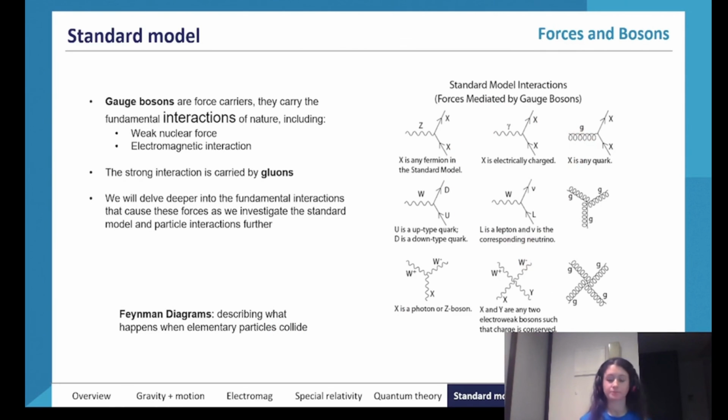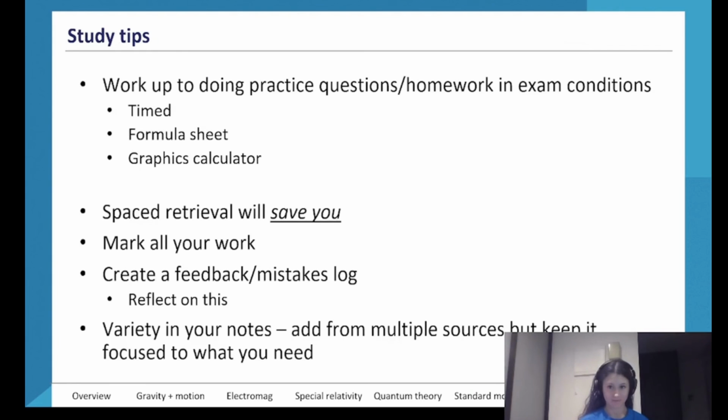Okay, that is it for our content for today. In the next few minutes, I'm just going to go over some of the tips that I have for you guys, some for getting through year 12, some of the study tips that I have for you guys. Again, if you have any questions about study tips, please feel free to ask them in the chat.